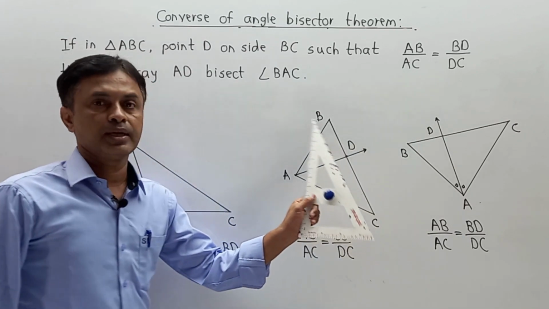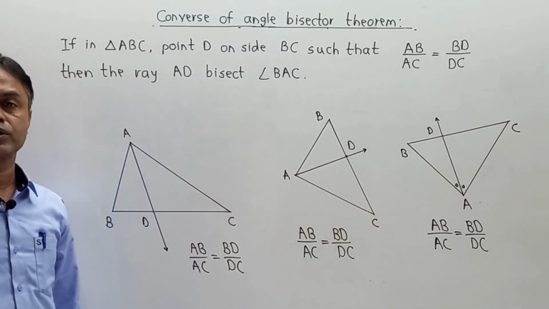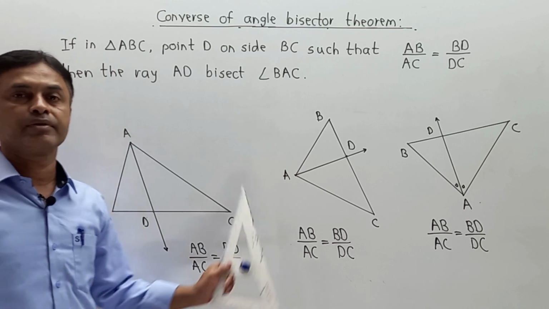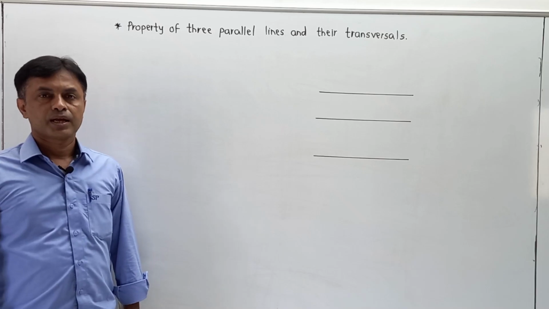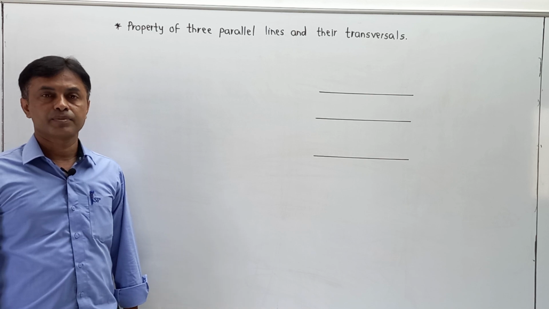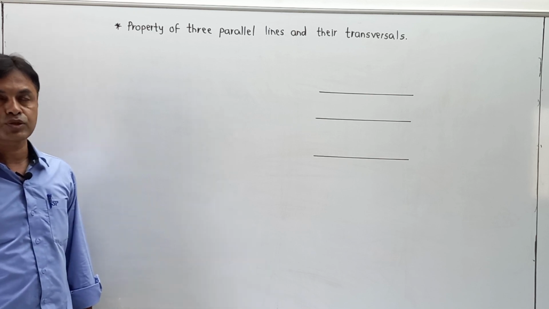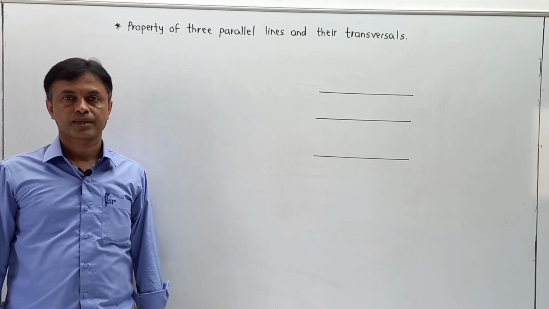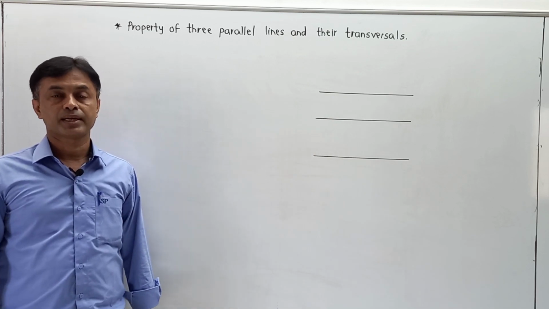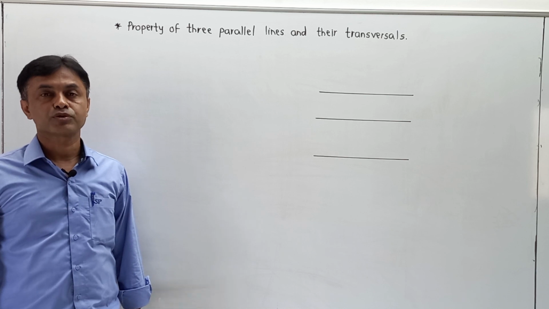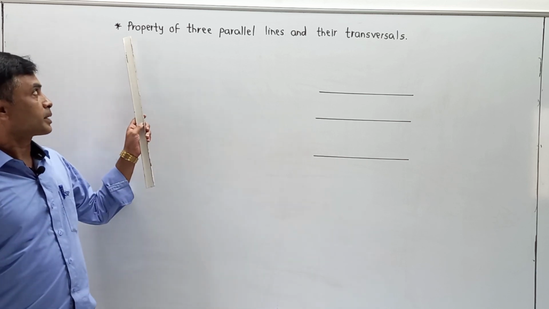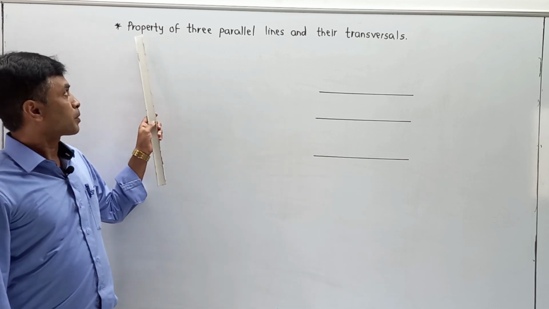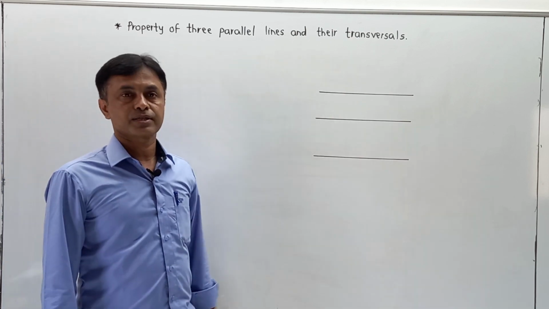So remember, in numericals we have to understand all this logic in terms of application, and we are using it. Now students, we have to understand the next theorem in terms of a property, and that concept is called the property of three parallel lines and their transversal. अब हमें समझना है three parallel lines and the property associated with that part. For that, we are going to clear the property of three parallel lines and their transversal.